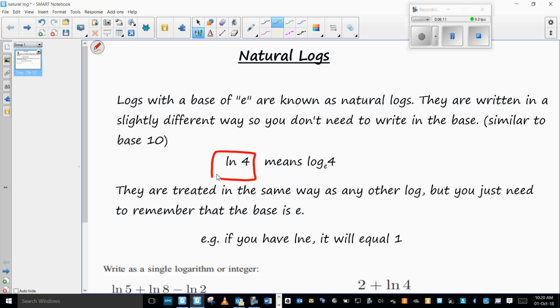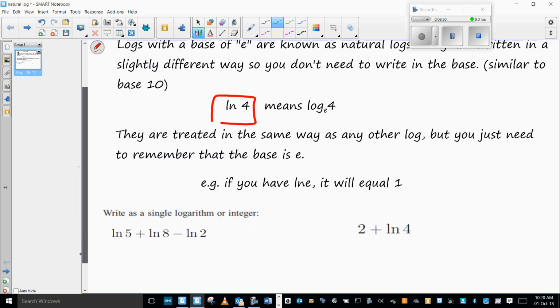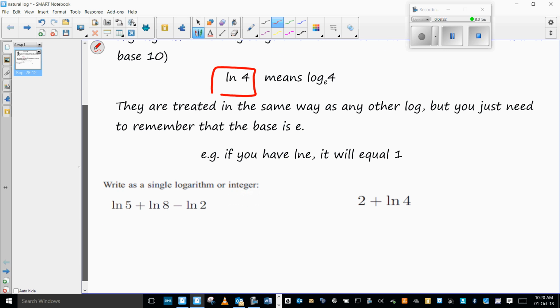So where we see log, if we just see log 4, that would be base 10 of 4. If we see ln 4, it means log base e. As I've said here, they're treated in the same way as any other log. You just need to remember that the base is e. Now, it's helpful in some situations because if we have